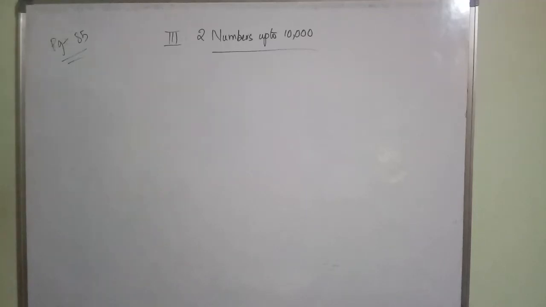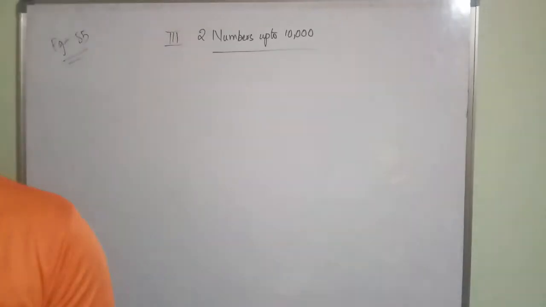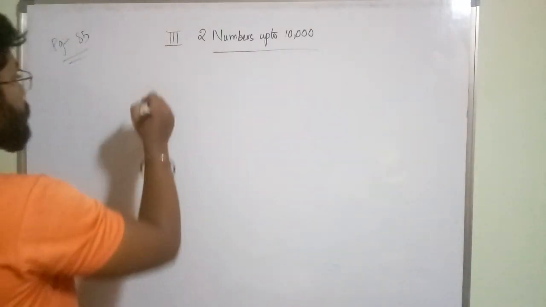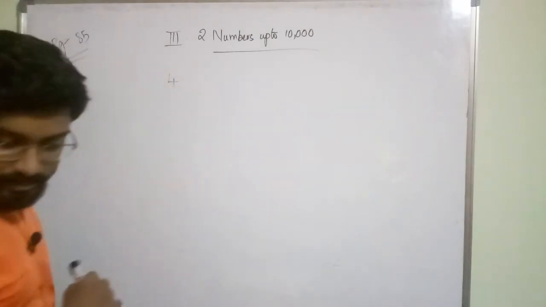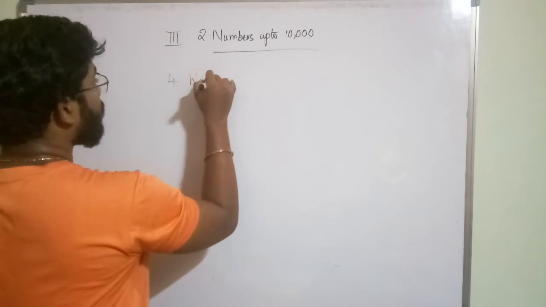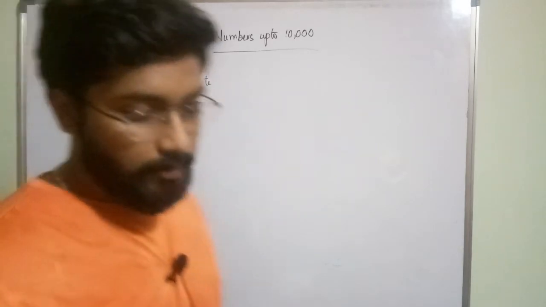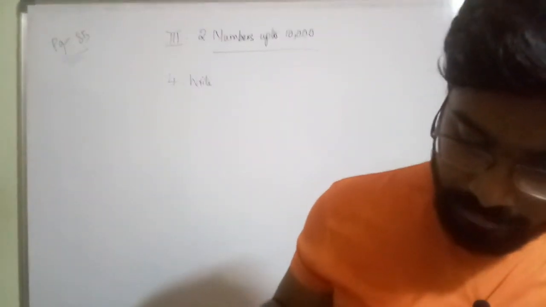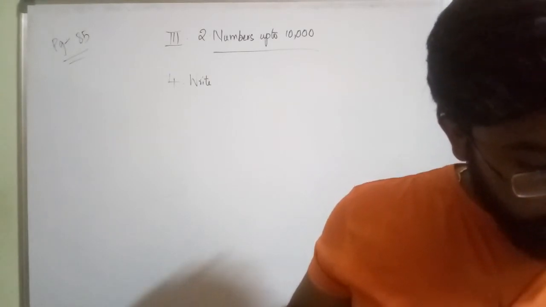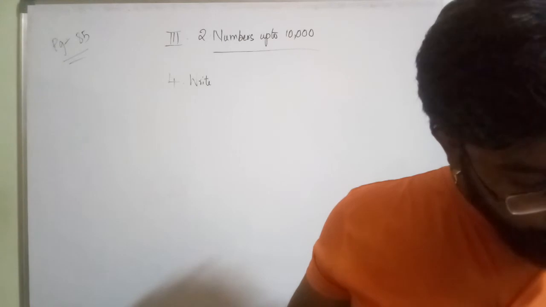So students, in today's class we will discuss the fourth bit. Okay, write the numbers formed by the following blocks. This is your fourth bit on page number 85 only. The fourth bit is what? Write the numbers formed by the following blocks. Okay, just a minute.